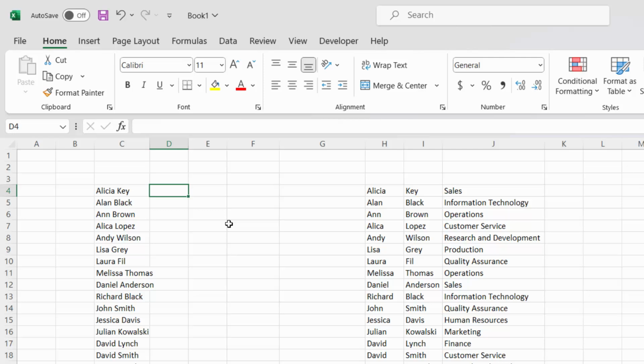Using Flash Fill, you can extract information from a column, or you can combine different columns together. Let's say you want to extract the first name. Type first name